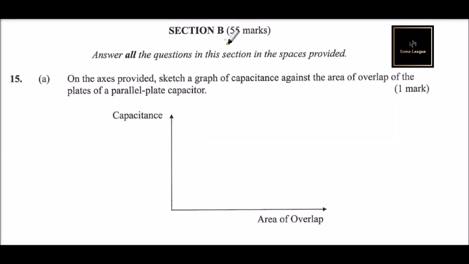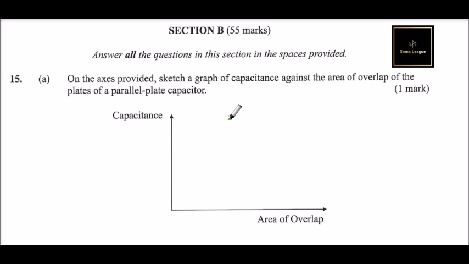This is section B. It is 55 marks. We are told to answer all the questions in these sections in the spaces provided. So 15A, on the axis provided, sketch a graph of capacity against area of overlap of the plates of a